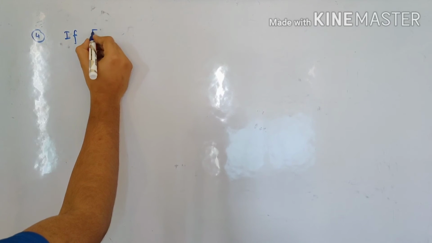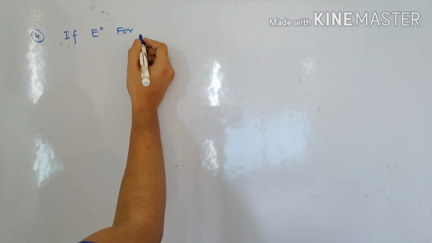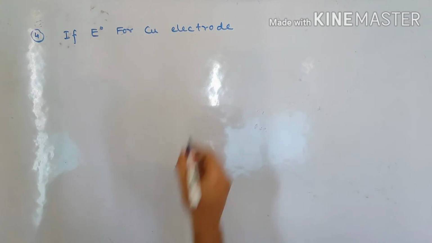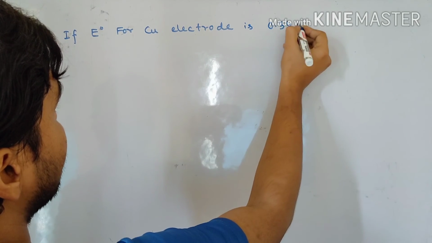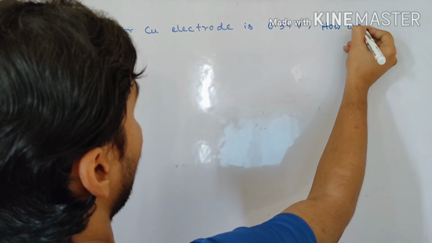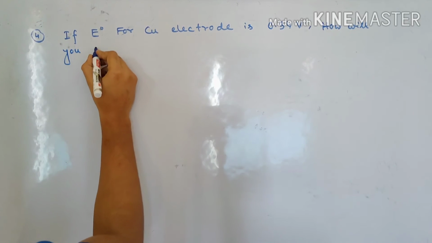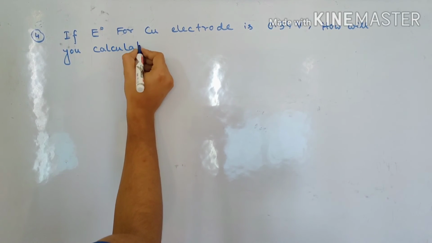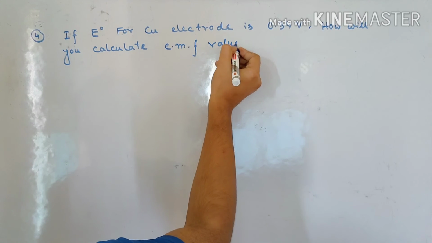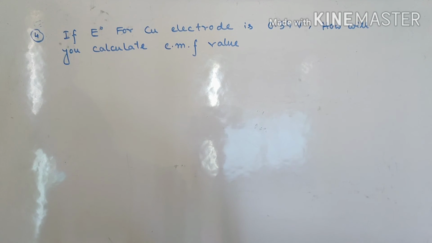Next one, fourth one I think for today. The question is, if E0 for copper electrode is 0.34 volt, how will you calculate EMF value when solution is in contact with